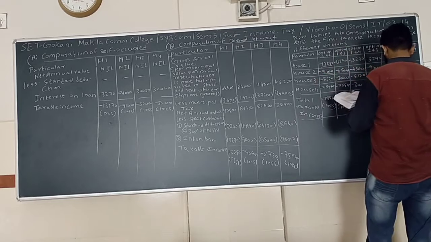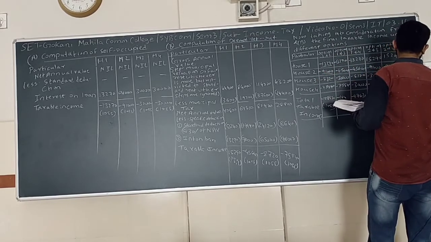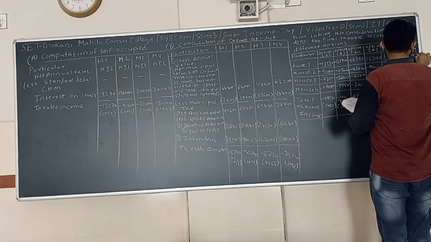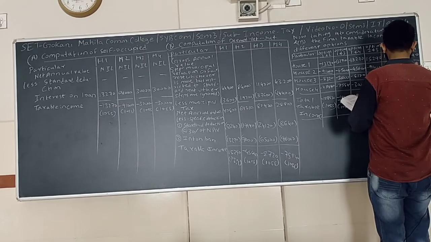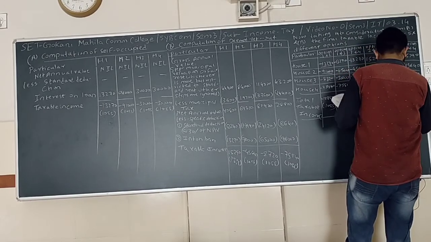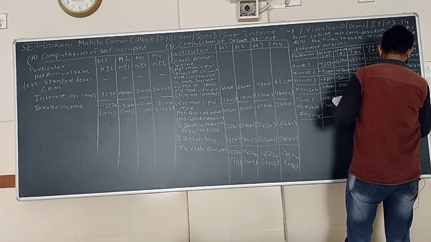And the last is 3 and 4, 30,000 loss, 30,000 for both of them is same. For 1 and 2 is 15,290, and for second is minus 45,640. So the answer is going to be minus 90,350, which is also the loss.